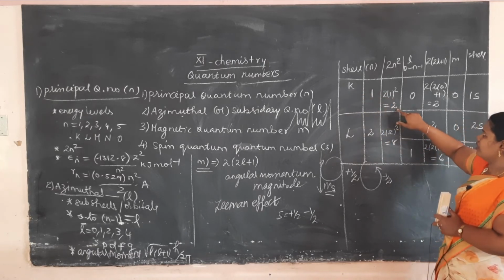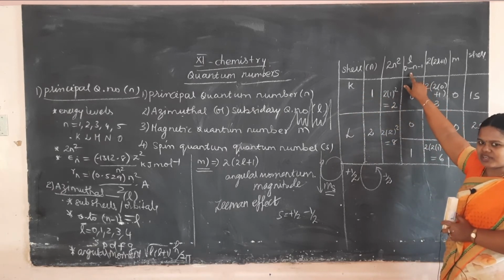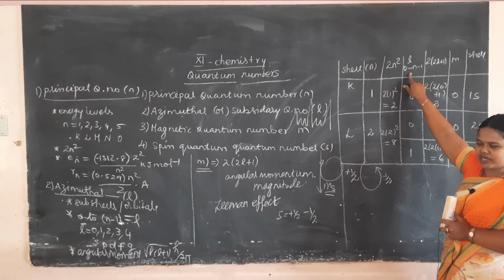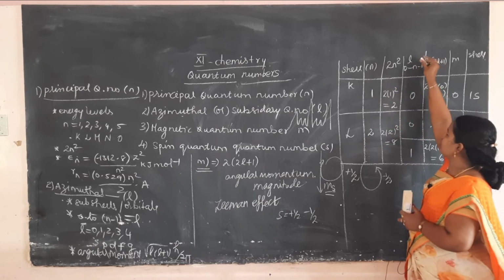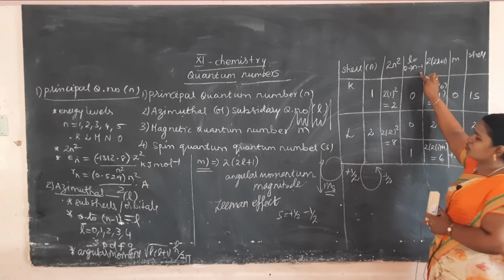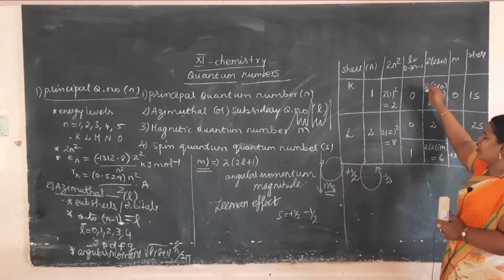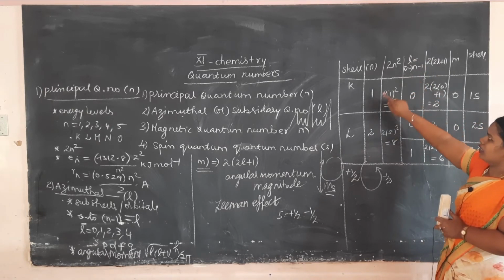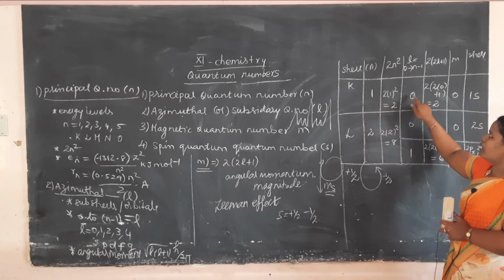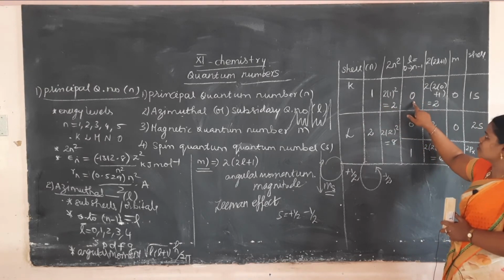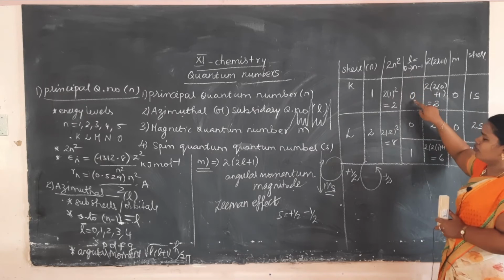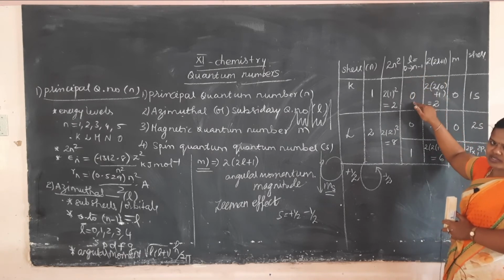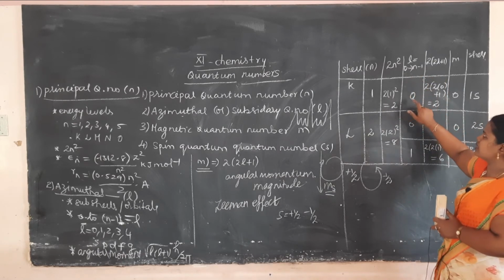2 electrons. Then the L value, that is subsidiary quantum number or azimuthal quantum number, will have values 0 to n minus 1. So 0 to n minus 1, when n value is equal to 1, here it is 0. இங்கே பாருங்க 0 ஒரு வேல்யூ வந்துடும், 1 minus 1 நாலும் 0 தான். Okay, so only one value for this L.